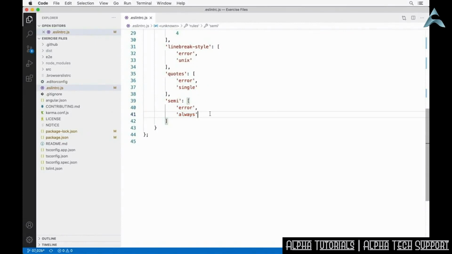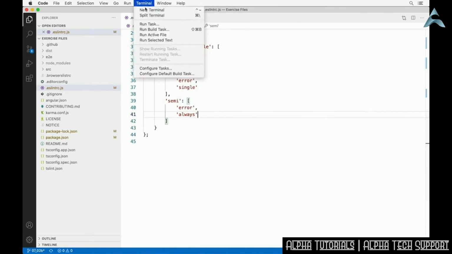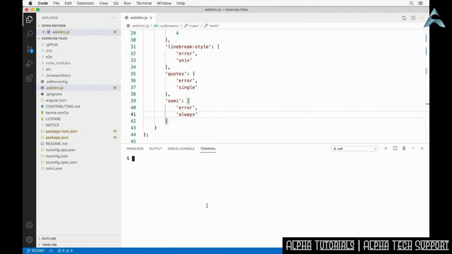Errors return a non-zero response code on completion. Warnings return 0. I see this used a lot in automated build workflows where a non-zero response value stops the build, but a build keeps going if it's just a warning. Let me show you what that looks like. I'll open a new terminal window, and let's say we want to check our app.component.ts file with all the rules set to error. I'll type npx eslint